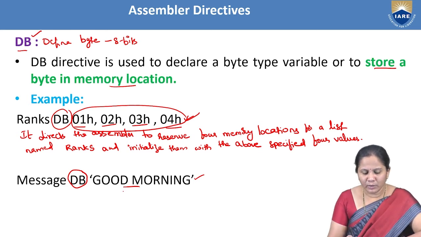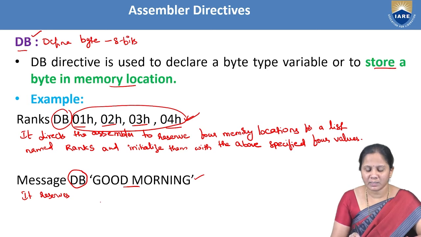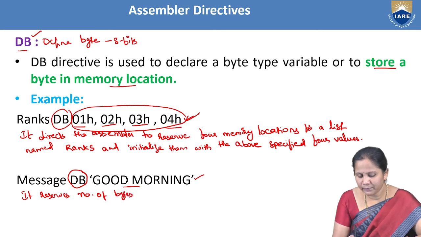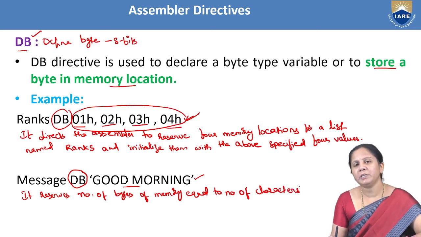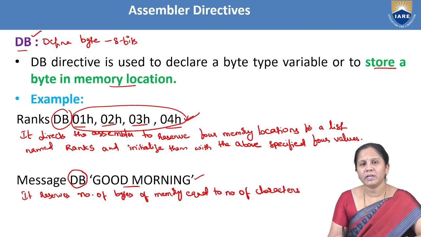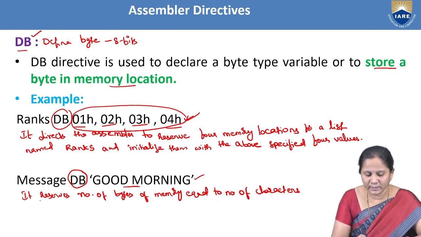When we use this line, the assembler is going to reserve a number of bytes of memory equal to the number of characters. How much memory it reserves depends on the number of characters this string consists of. So it reserves the number of bytes equal to the characters present in the string